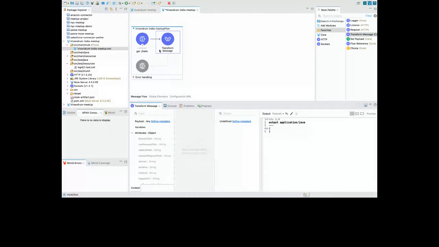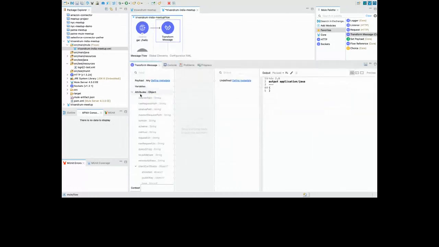Transform message. Even if you have data you wanted to send to Salesforce, you will use transform message to map the fields of Salesforce. We'll see that as well. Now here, if you see on the left hand side, this is our DataSense explorer, DataWeave. Attributes, we have no variables, we have no payload, okay, because we are not receiving anything. It shows multiple things: parameters, URI parameters, headers, and then you've got listener path, or relative path.